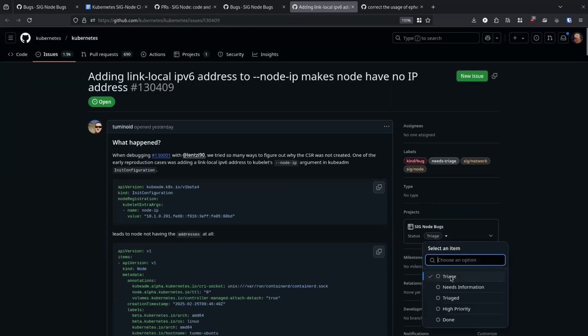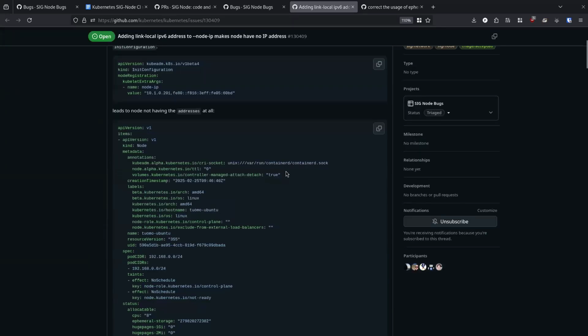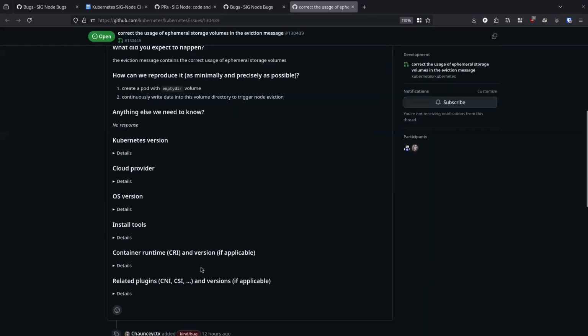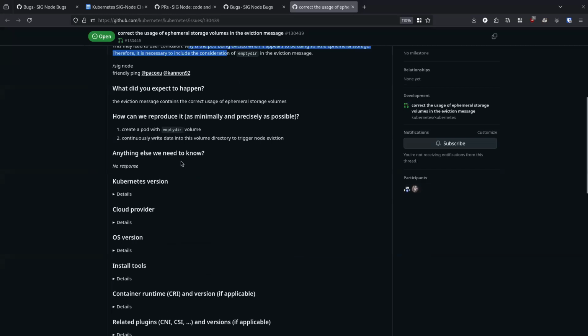It seems like the consensus is this is an issue. Correct the usage of ephemeral storage volumes in the eviction message. Yeah, that's reasonable.